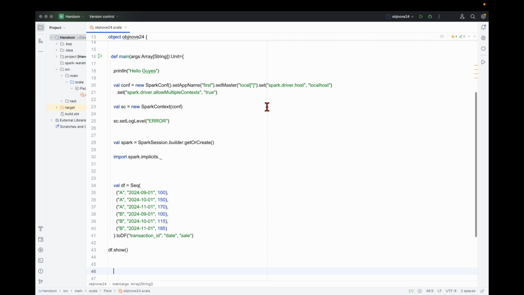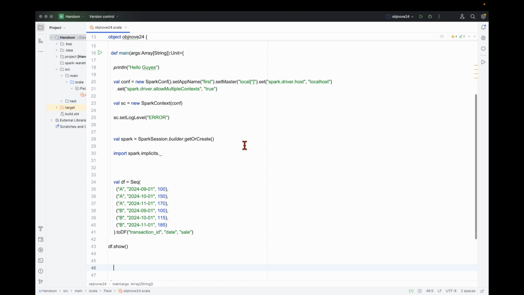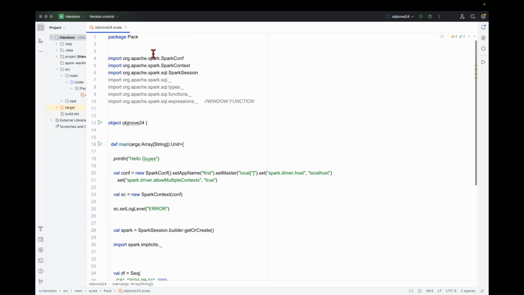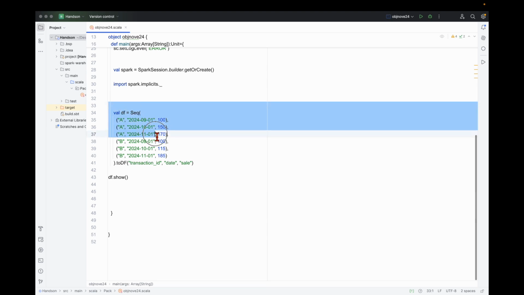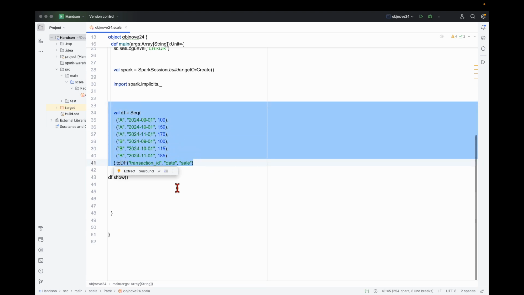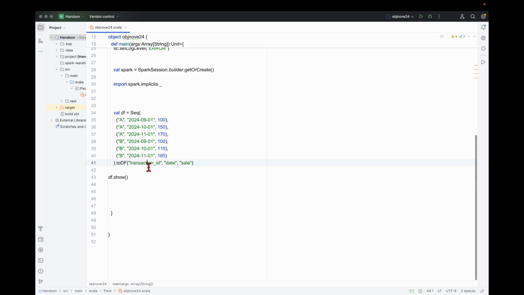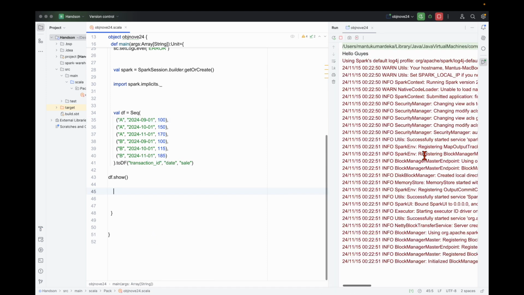Hi friends, in this video I'm going to show you how to change the date format. You can see this is my IntelliJ and I have this Spark configuration, and in between that there is some data, you can see, and it is a transaction ID, date and sales. Let me run it, and you can see